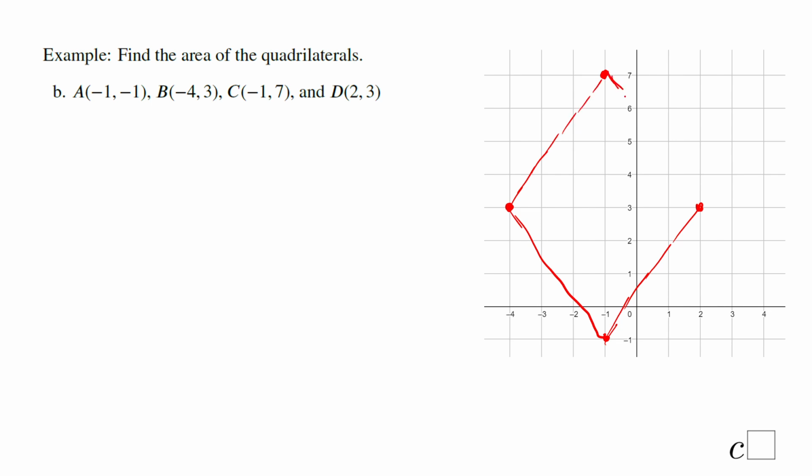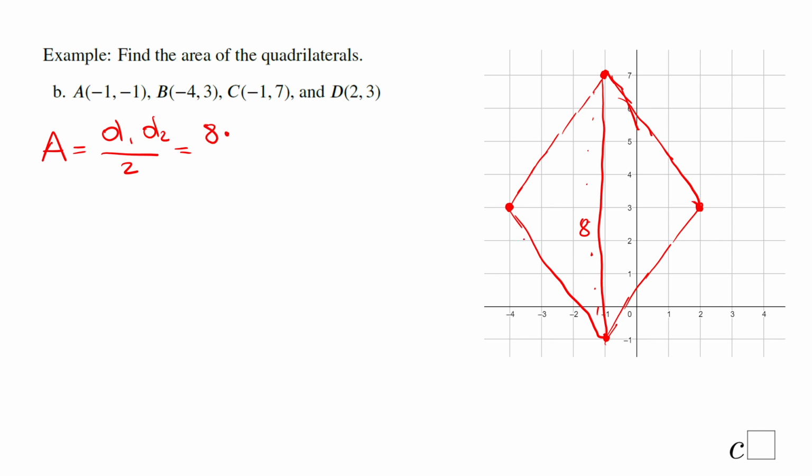It looks to me like either a rhombus or a kite. To be honest with you, I really don't care if it's a rhombus or a kite, because either one has the same formula. Multiply the diagonals and divide by 2. Okay, so what are the diagonals here? The diagonals are these two segments, this one, which we can count 1, 2, 3, 4, 5, 6, 7, 8. So I'm going to have 8